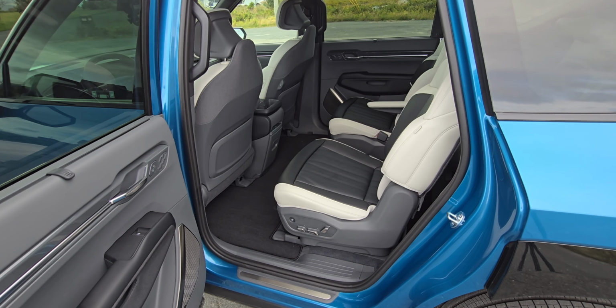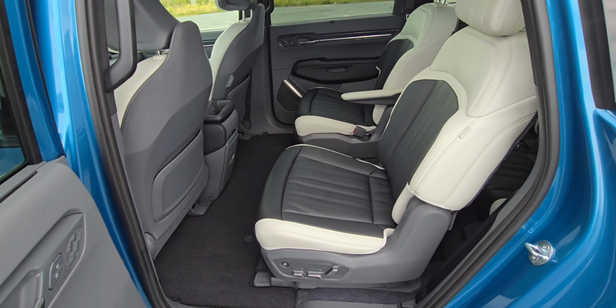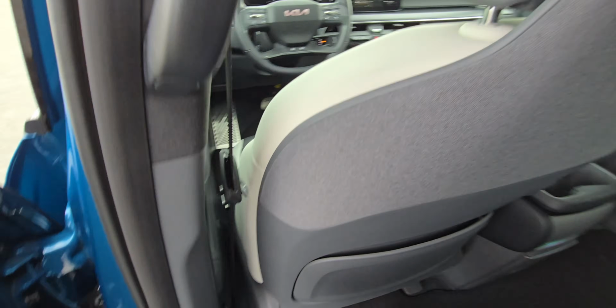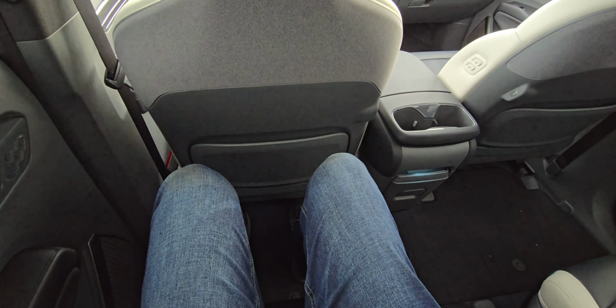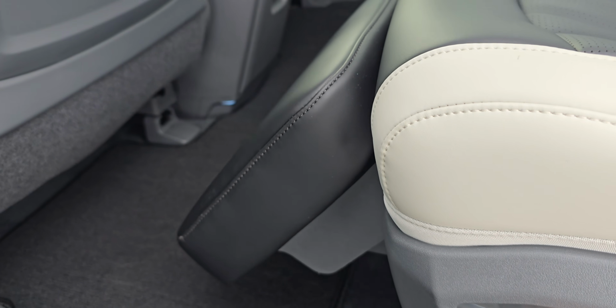pickup truck. When those seats aren't folded down, there is a ton of room for the rear passengers. Well, for the second row passengers at least. I'm 6'2", and there's loads of room back here for me, and I have the driver's seat set for my driving position. Not only is there room, but the back seats here are nearly as comfy as the ones up